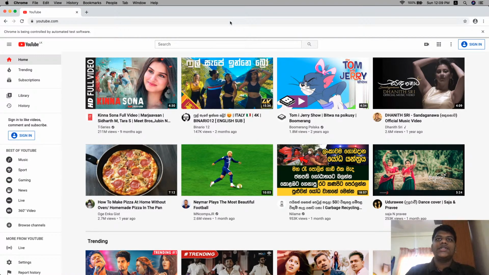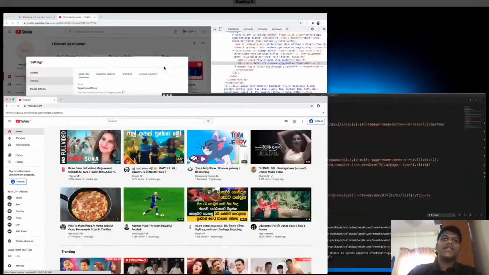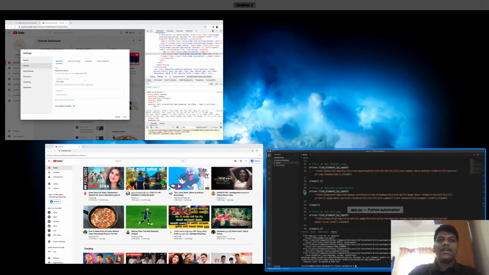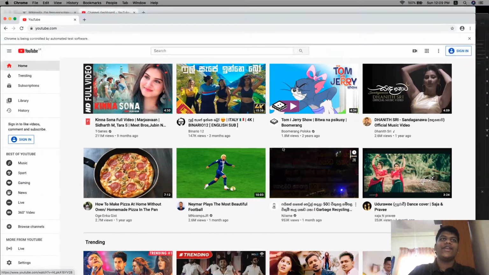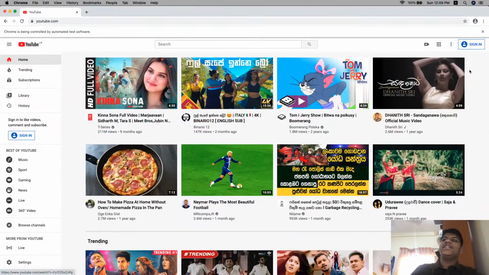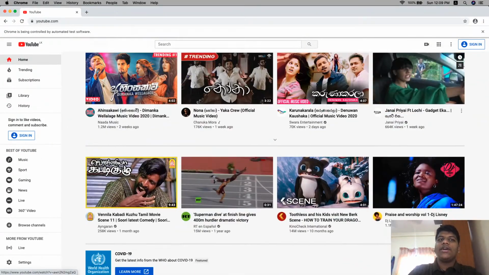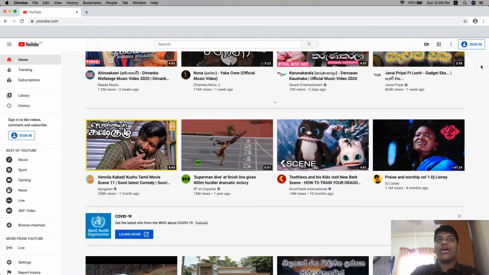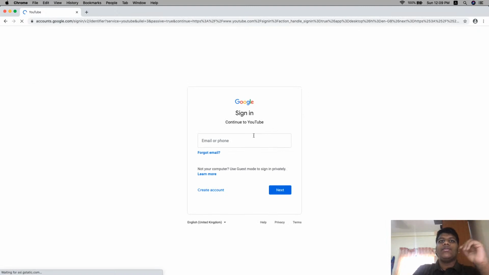Oh my gosh, it has given me an error right now. So what's the main error, guys? Basically, it starts up in a new window, which I've not logged into, right? So this is one problem that we're facing right now. How could we tackle this? First of all, we need to sign into YouTube, so we need to click on sign in and put in the